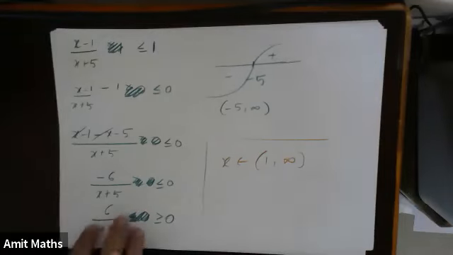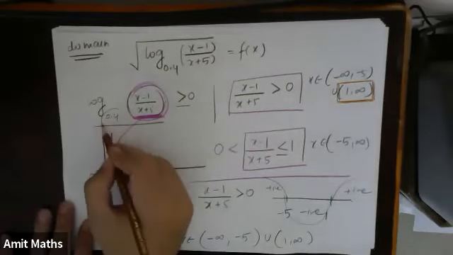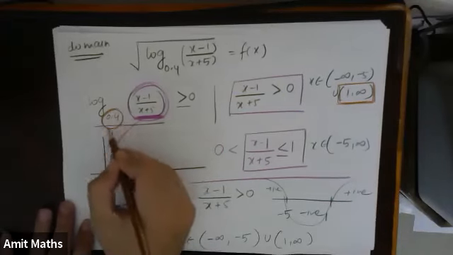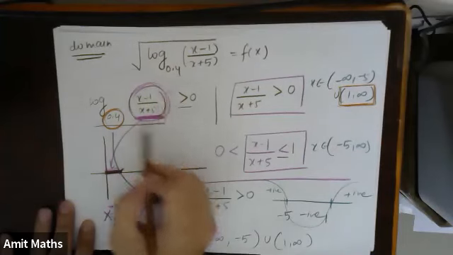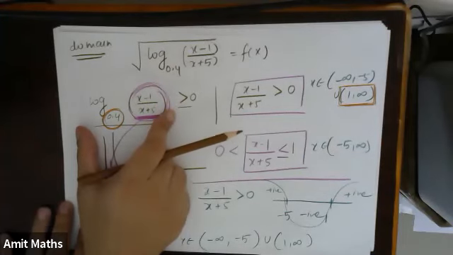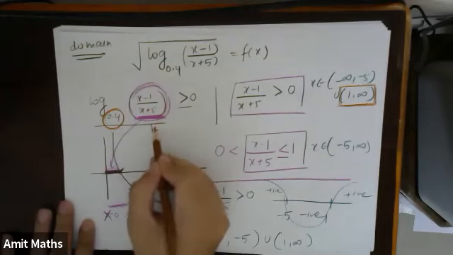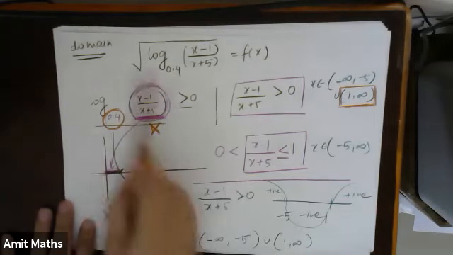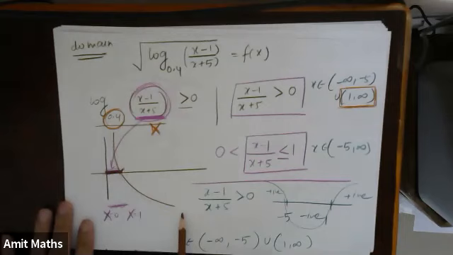One of you has asked a question: why should this part lie between 0 to 1? See, this is a log with weak base. So whatever value this part will take will define the overall value. So let's take this as capital X. Now for this one, the log with weak base, the function will look something like this.